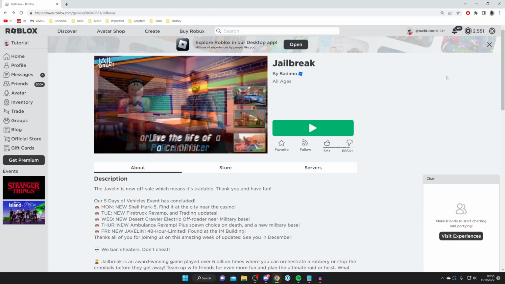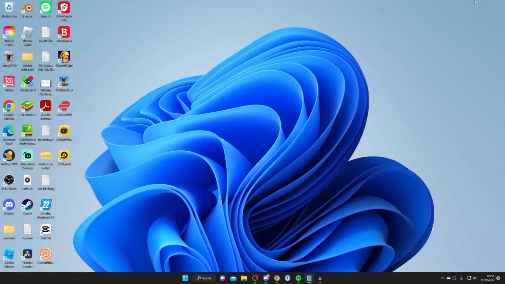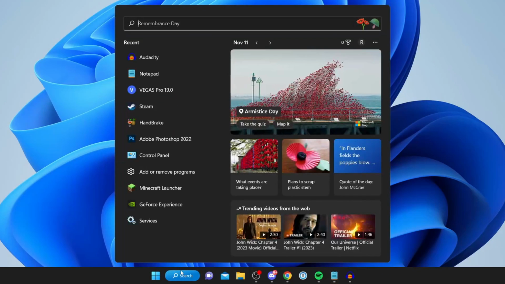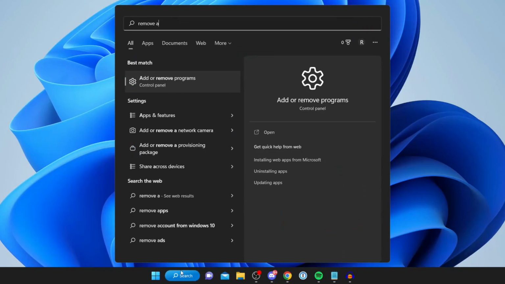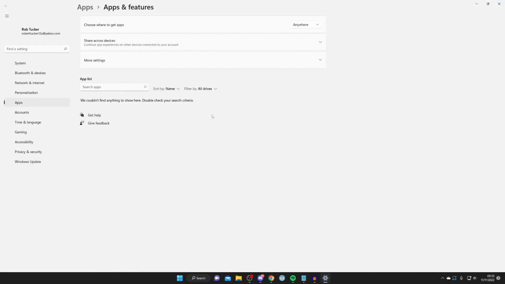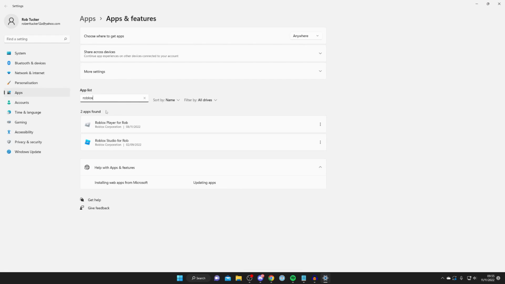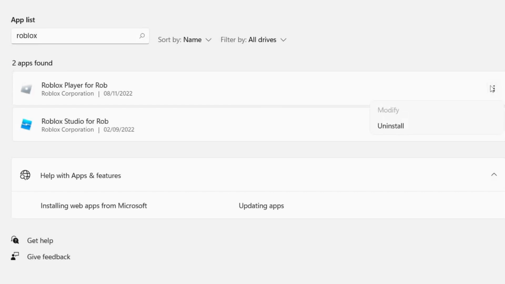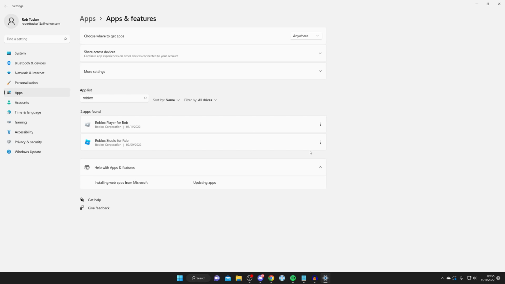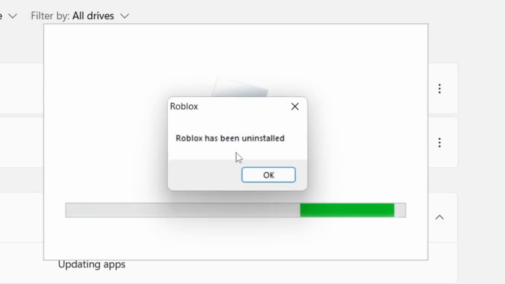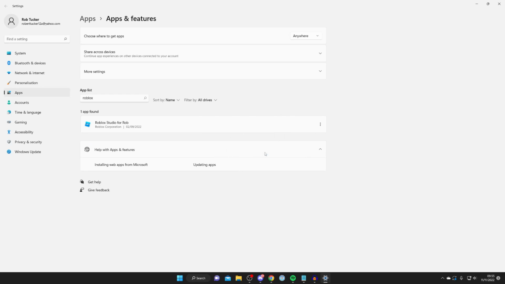But if your internet is working fine but you're still getting this 403 error, then what I recommend doing is reinstalling Roblox. To do that, tap on search in the bottom, and type in remove apps or programs or something like that. As you can see, remove programs, tap here, and this is going to open this up. It will take a moment to load all your apps, and then all we're going to do is search for Roblox and find the Roblox player. Then click on the three dots on the right hand side, press uninstall, and you need to press uninstall again, and then Roblox is going to be uninstalled. Give it a moment, and then it'll be successfully uninstalled. You'll probably get a pop-up once it's finished. Once it's successfully completed, it's going to say Roblox has been uninstalled, hit OK,